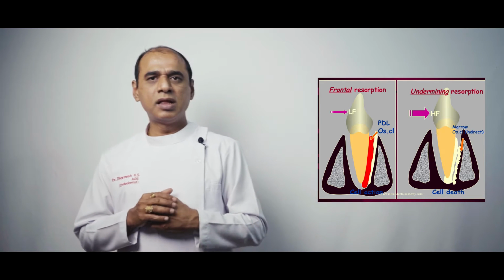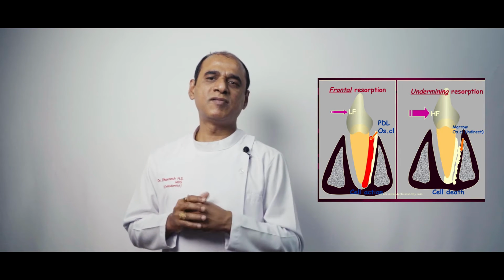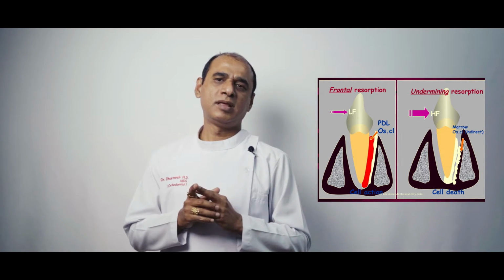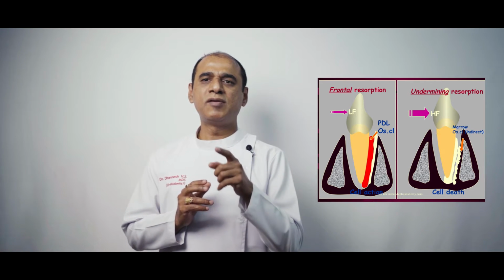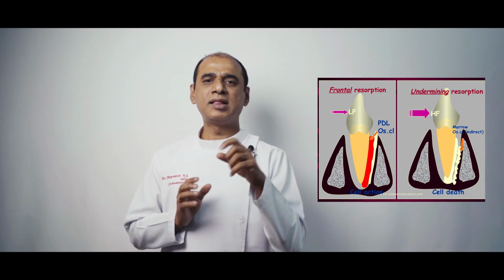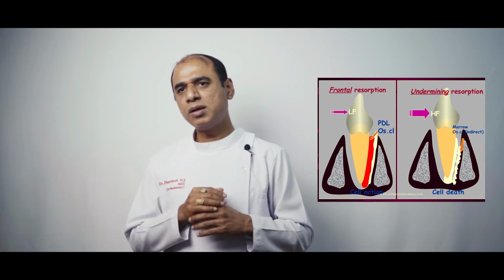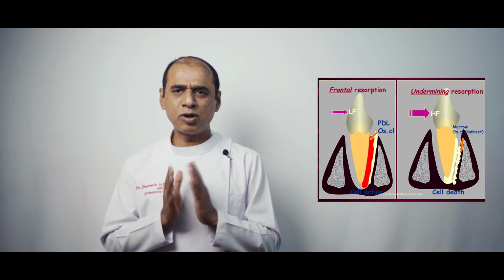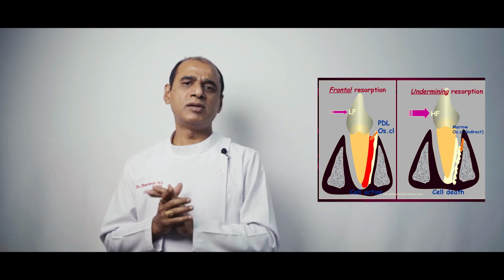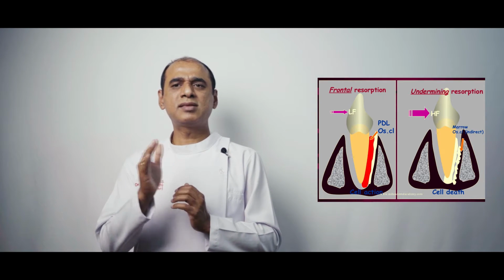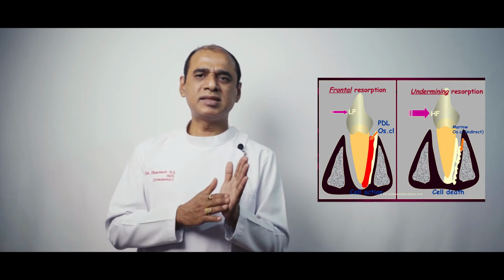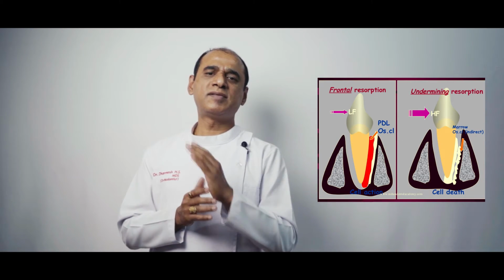The frontal resorption. The first step in orthodontic tooth movement is activation of osteoclasts. The osteoclasts initiate resorption and they come in 2 ways. Some of the osteoclasts are derived from the local population, whereas the others are brought from distant areas through the blood supply. The activated osteoclasts start the resorption process by attacking adjacent lamina dura and remove the bone. This is called periosteal resorption or direct resorption or forward resorption. The resorption is initiated from the PDL side of alveolar bone and usually starts after 2 days.